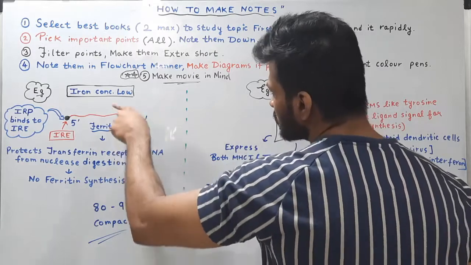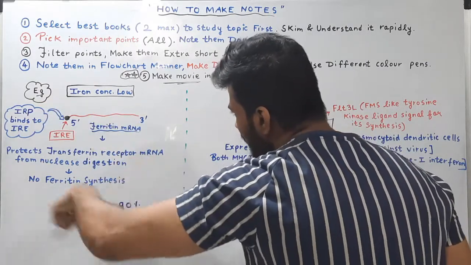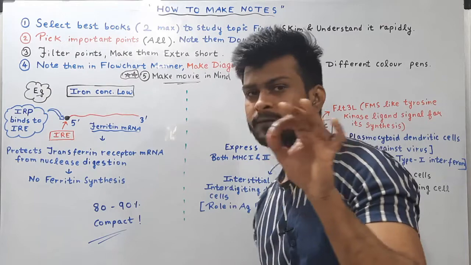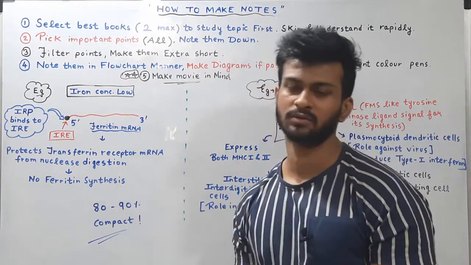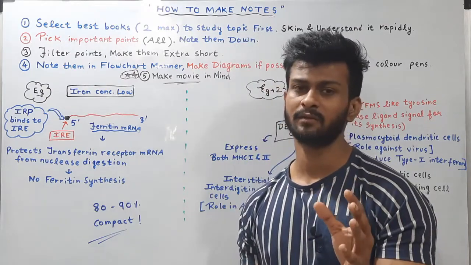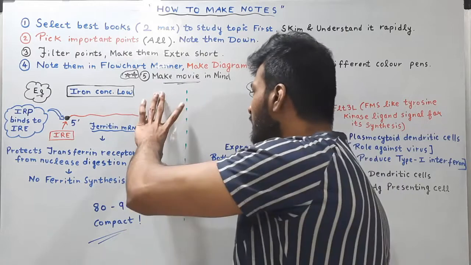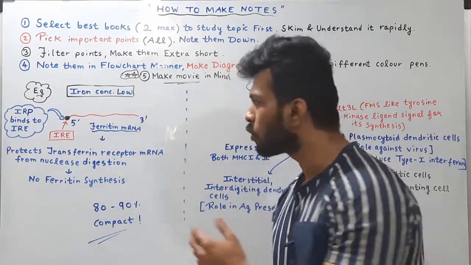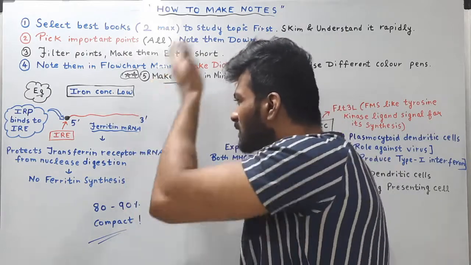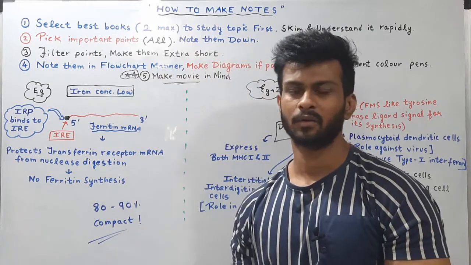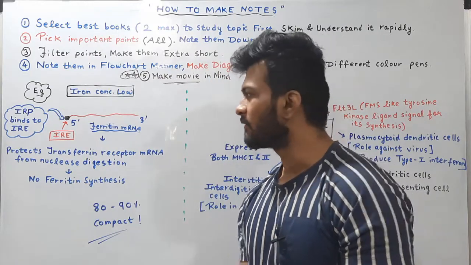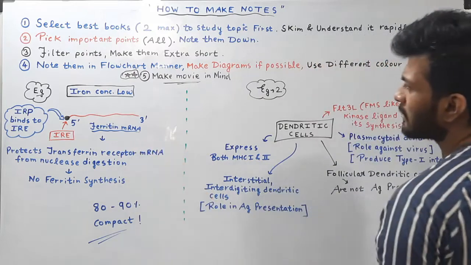Okay, so this content is explained in 1.5 to 2 pages in the reference books. So you can imagine how much it is compressed. It is more than 80 to 90% compressed. Okay, and from here it is all clear